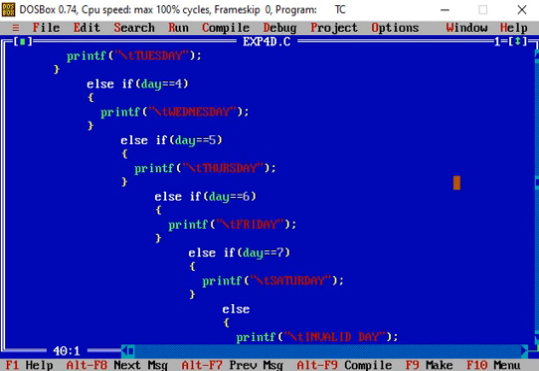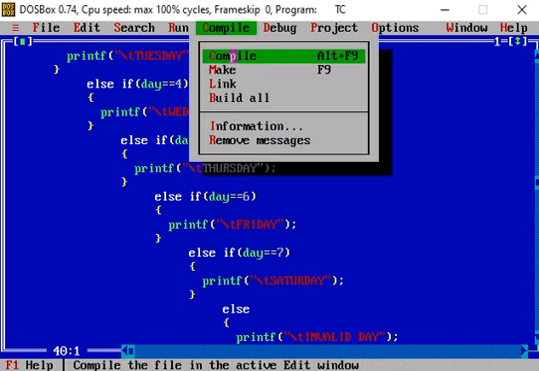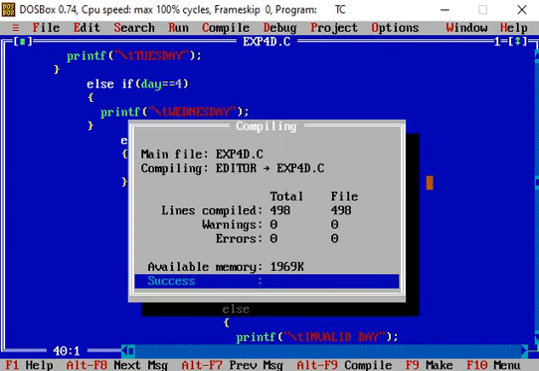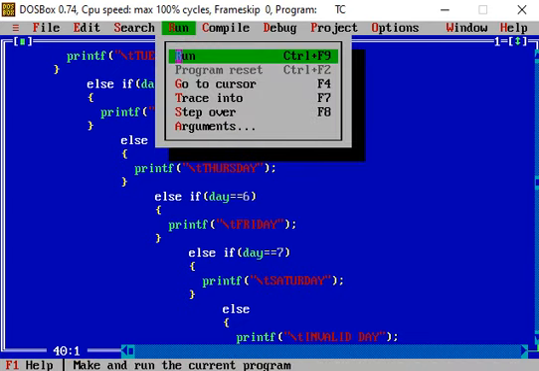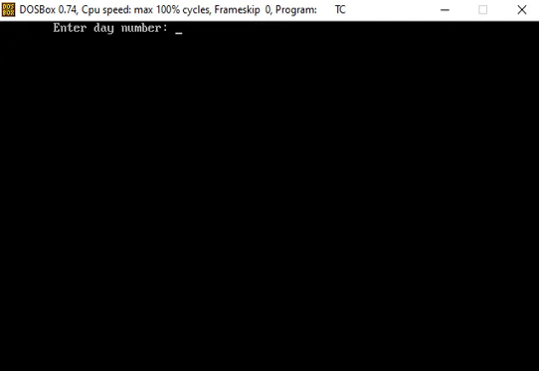Now let us run this program, and before running, let us compile the program. So when we compile, no error, no warning is displayed. So we can run the program. So run menu, and from the drop down menu run option is there, and when we click the run option, enter day number.